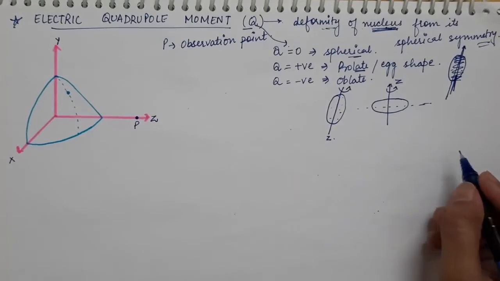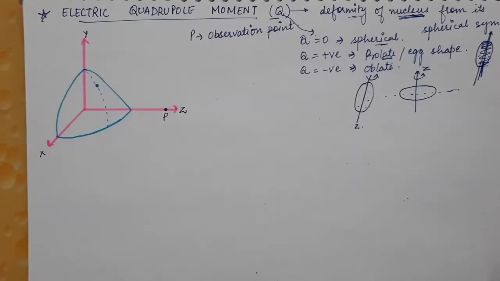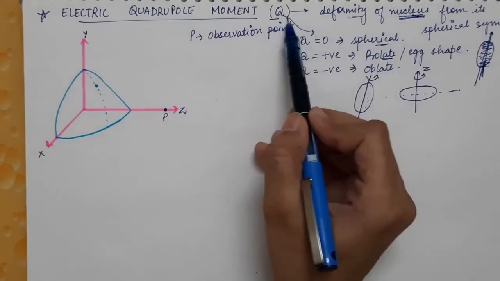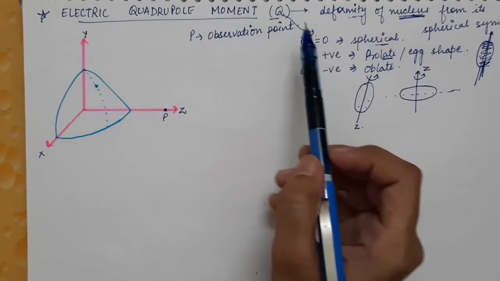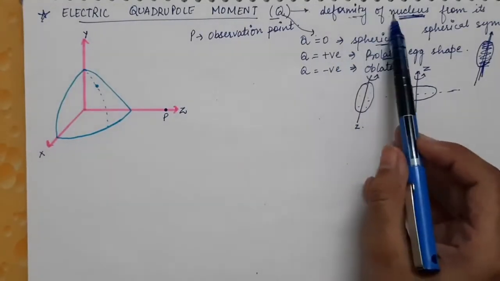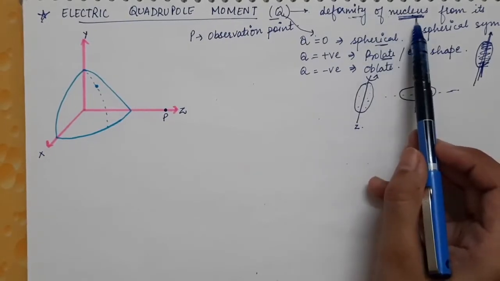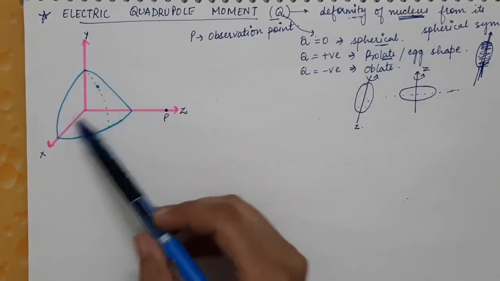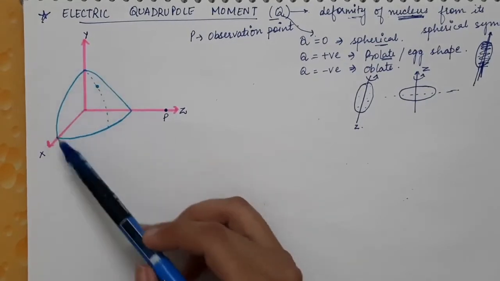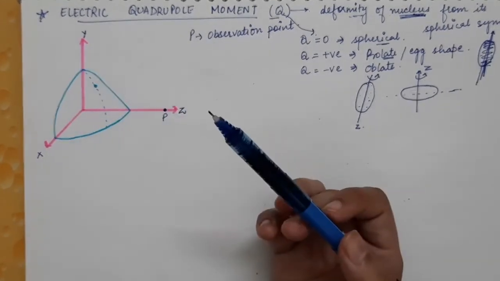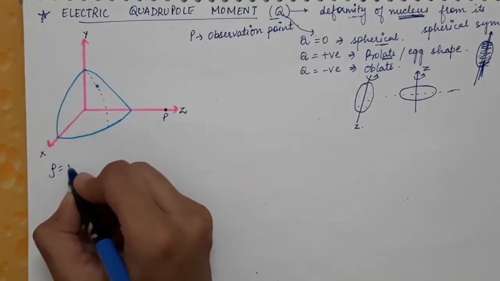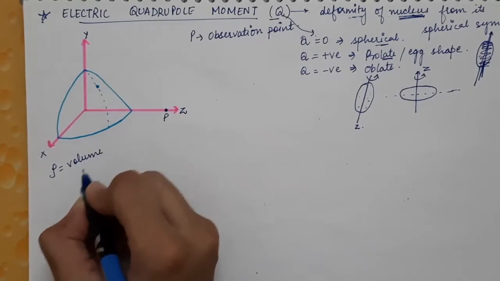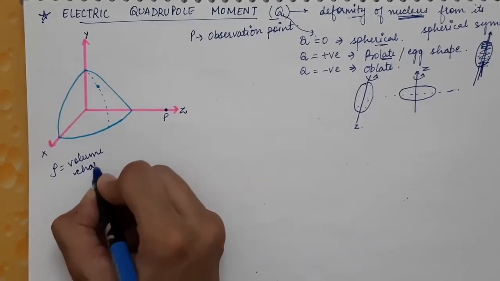So now the main task of this article is to find the expression for electric quadrupole moment for the case of nucleus. We know that Q will come finite only when there is a deformity in the shape of the charged body. So we take any charged body in a random shape. So we have taken a random shape of this charge distribution. Let's say rho is the volume charge density.